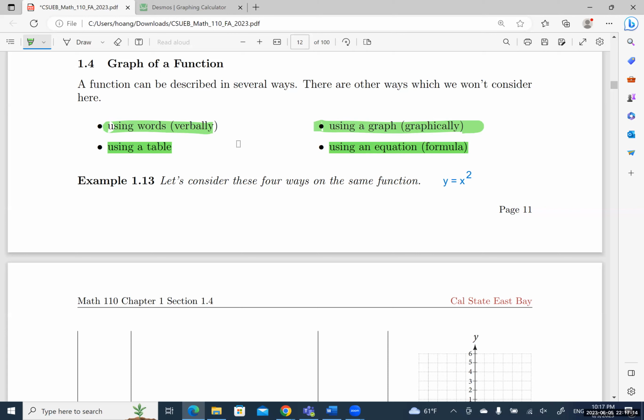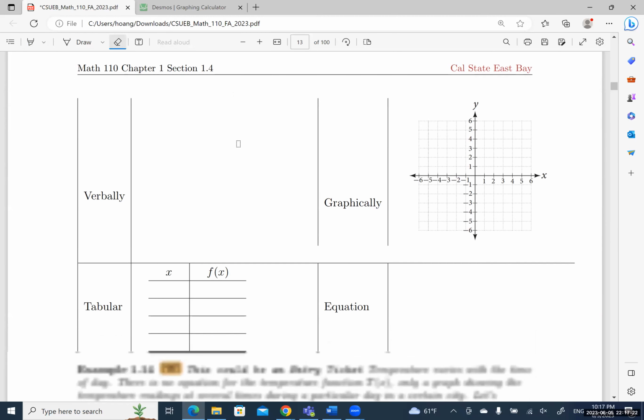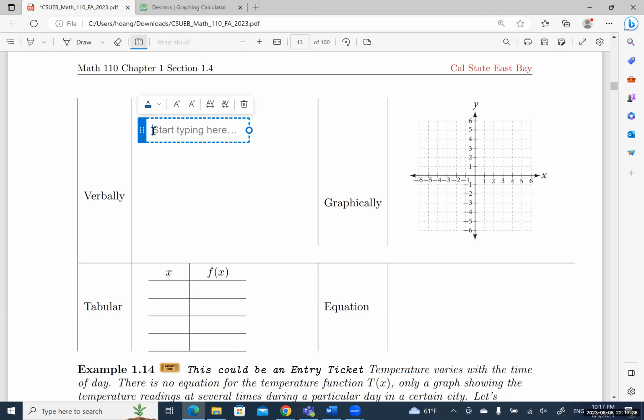y equal to x squared. Let's move down here. So for y equal to x squared, verbally, what I can say in words is, let me type it: the output is the square of the input. And for graphically,